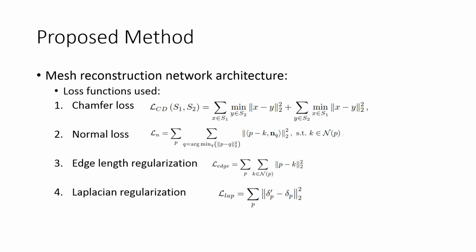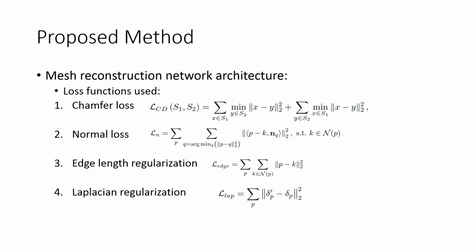During training, a multi-term loss function is used. It consists of a chamfer loss, which is an L2 distance loss function between points sampled from the learned output mesh and the ground truth mesh. Normal loss is also incorporated to reduce the discrepancy between the normals of the ground truth mesh and the learned